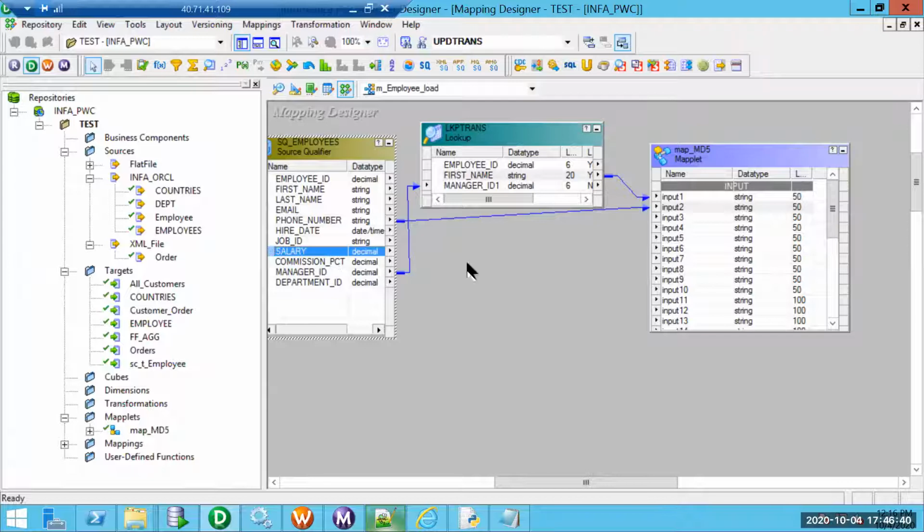Salary: if I want to see the changes in the salary, I can retain this. These are the three potential candidates I can think of. Which means if there is any change in employee phone number, employee manager, or employee salary, I want to retain the history.